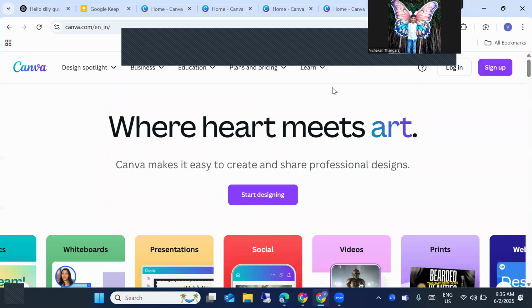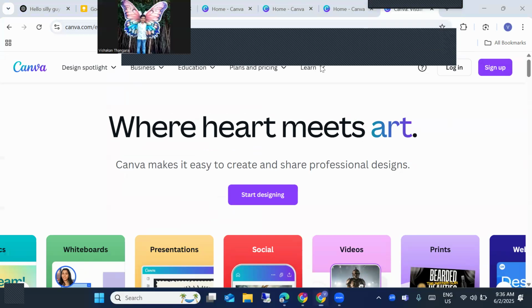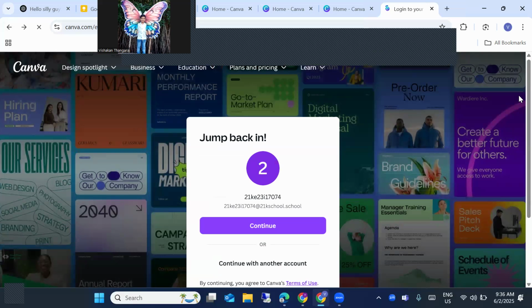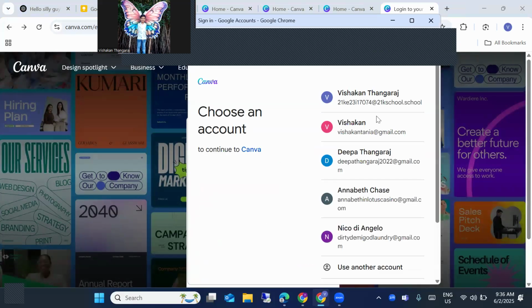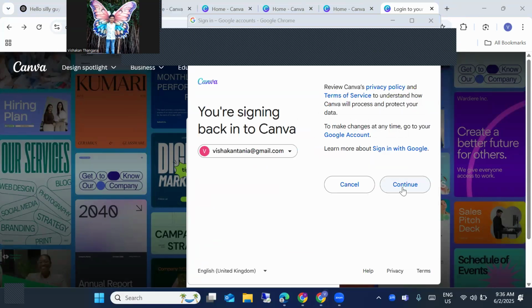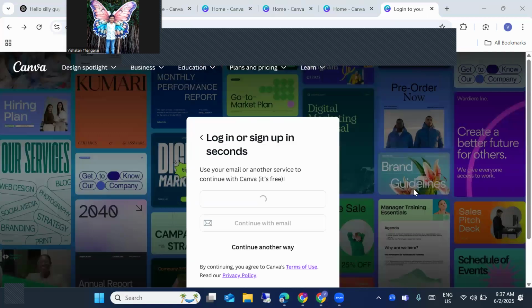So right now, since I already have signed in, I already have my personal account. Continue with Google, and once you have signed in, you will come to this page